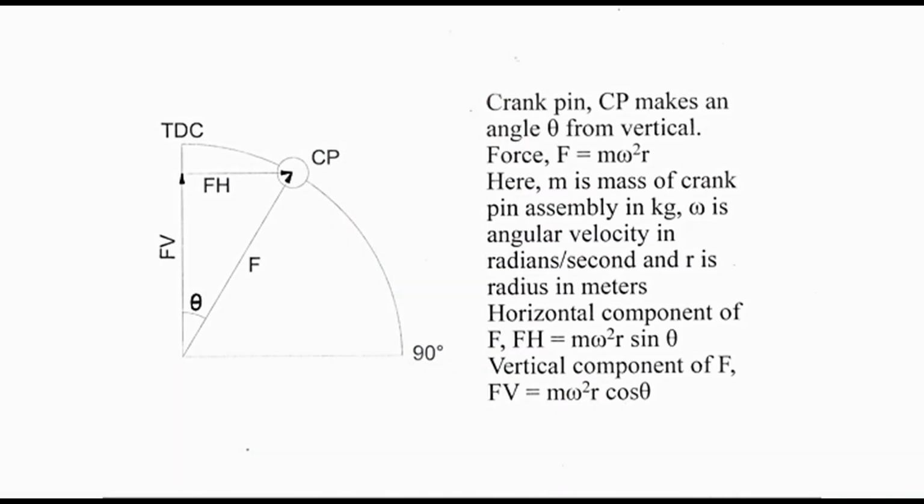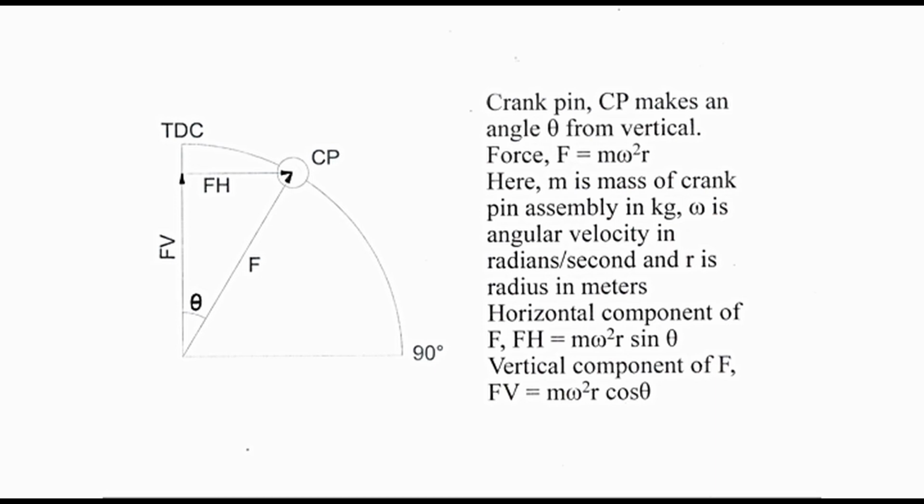Secondary forces and couples. If the connecting rod had infinite length, it would have been parallel to the axis of the cylinder always. In this case, the piston reciprocating in the cylinder would have simple harmonic motion. Let us consider the position of the piston in the cylinder in terms of crankshaft rotation. Referring to the diagram, let us assume that the piston is moving towards TDC. On the left, the diagram presents its position in terms of crankshaft rotation.